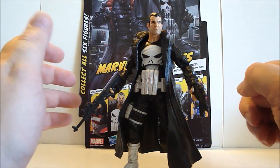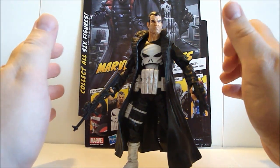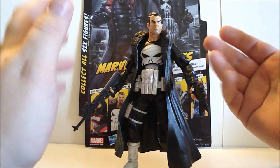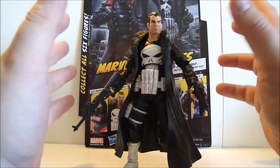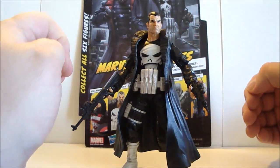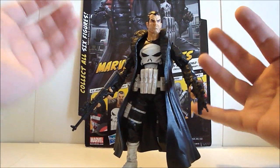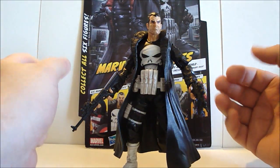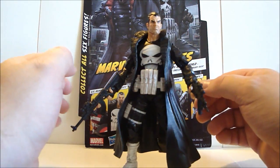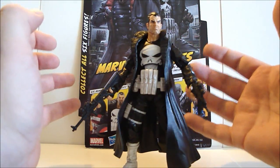So this time from the third series of Marvel Legends, the third wave of Marvel Legends, we're taking a look at the first of the two trade-off or running change. This one you would either get the Punisher or Blade. And since I ordered these online, I didn't know which I was going to get. I think I lucked out in getting the Punisher. I would have taken either, but I wanted the Punisher more because I think I needed an update on the